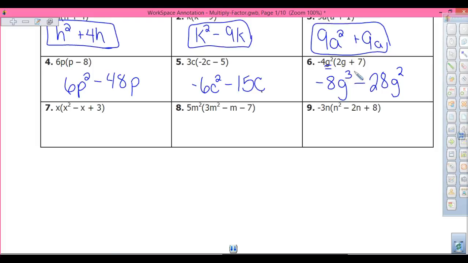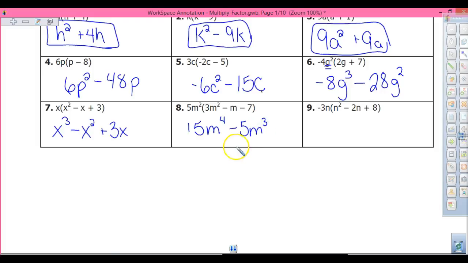Okay? Alright, so here I've got x times x squared gives me x cubed minus x times x, x squared, plus 3 times x. Yes. Boom, done. Okay. Number 8. Multiply your coefficients, you get 15m to the 4 minus 5m